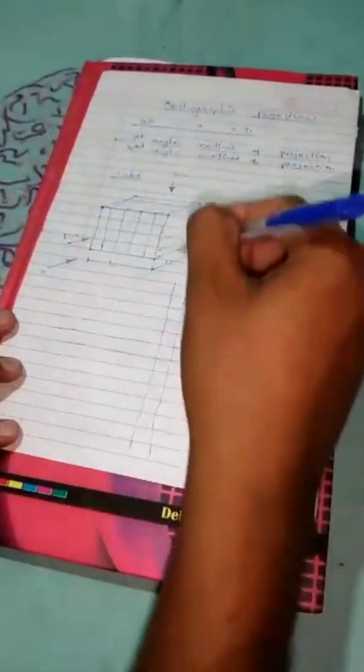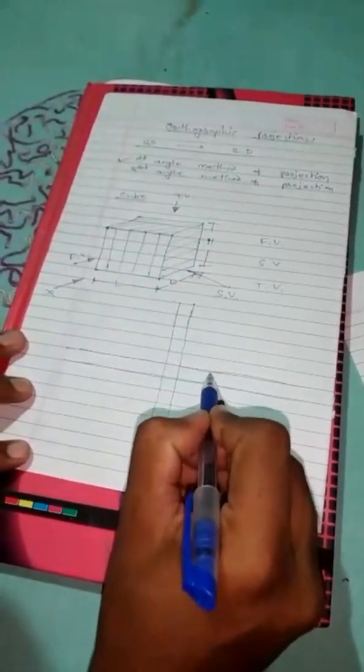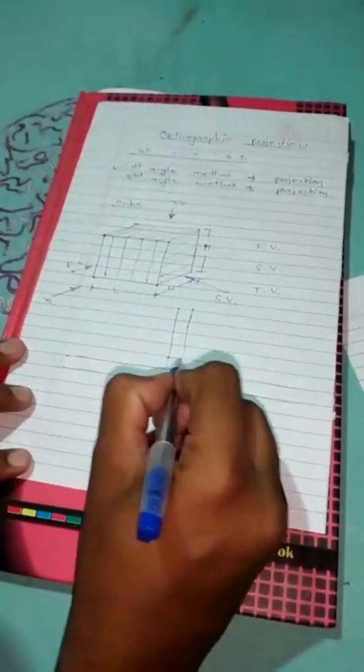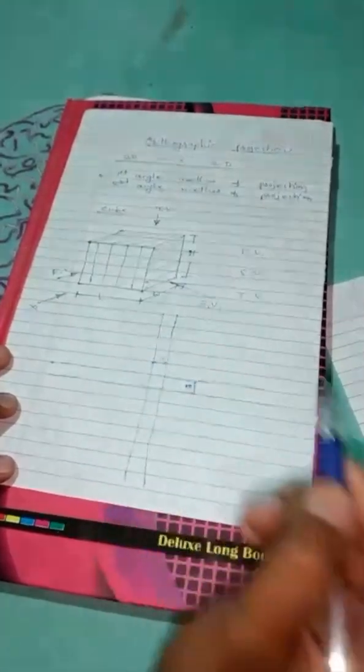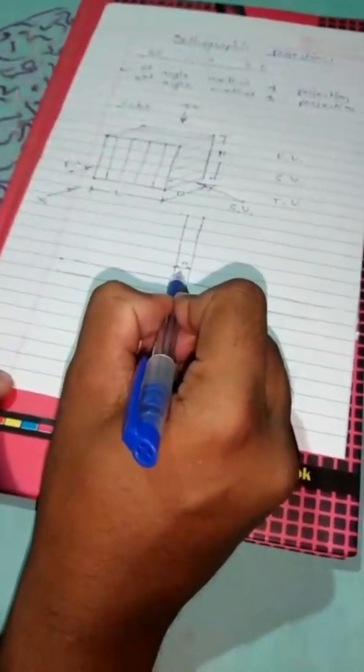This is the x-axis, this is the y-axis. These two lines are perpendicular to each other. The distance between the two parallel lines will be the same. Suppose this distance is 10 mm. We can take this distance as per our convenience. If we are interested in taking 20 mm, then we can also take 20 mm. The distance between the two horizontal parallel lines and the two vertical parallel lines should be the same.